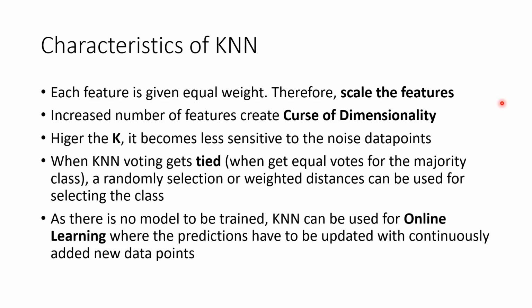For example, suppose that you are going to predict the price of land or something, right? There may be some highly significant features like the distance to the nearest main road and the area and so on. And there may be some less significant features like distance to the post office and the elevation from sea level and so on, right? Those may be less significant features, but if we are using k-nearest neighbors, all those features will get equal